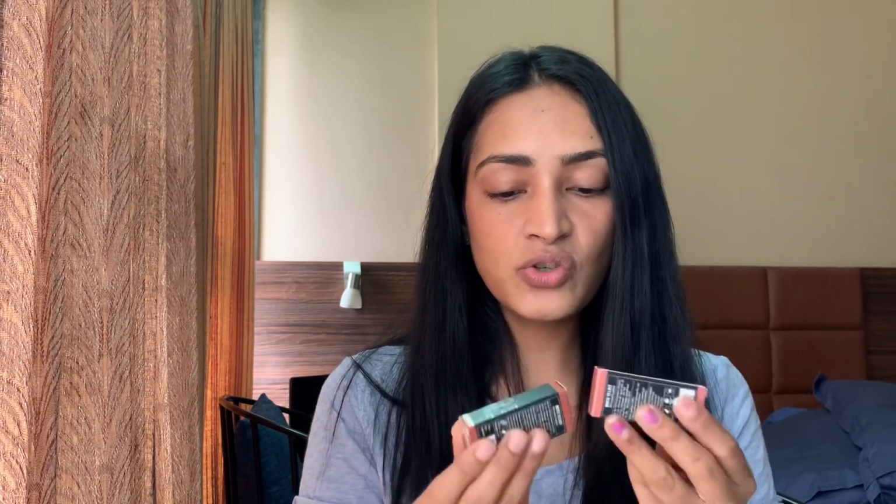The two products that I purchased were two liquid mattes as usual, because I'm a very big liquid matte junkie. The range that I purchased was Nykaa Matte to Last, and the shades were these two lovely shades: this is Bombay and this is Madras Kaapi. Overall, I liked the product sizes